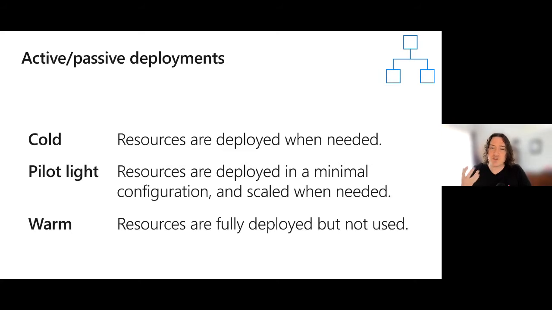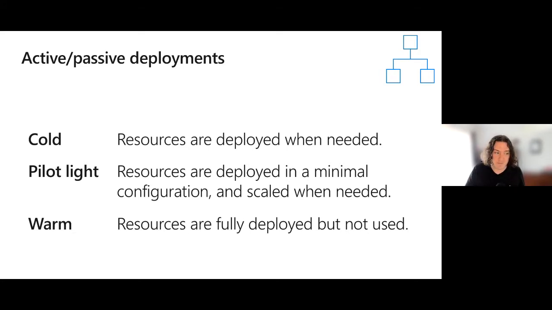So things like infrastructure as code and automation become really, really important with this kind of deployment. A second option is pilot-light passive deployments. In this situation, we have resources that are always deployed in our secondary region, but they're deployed in some kind of minimal configuration. So we might not have all the same components as our primary region, or we might have them at a lower scale. And then at the point where we actually need them, when there's a disaster, when there's a failover situation, then we can scale those up, or we can do whatever we need to do to light up the